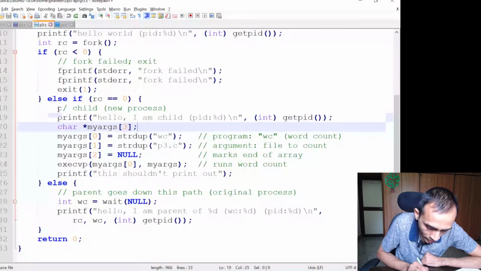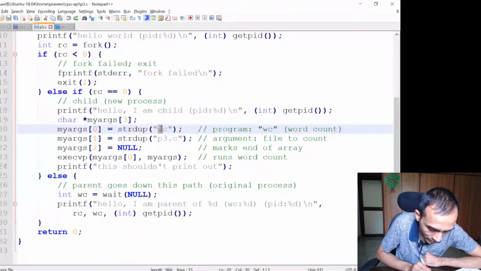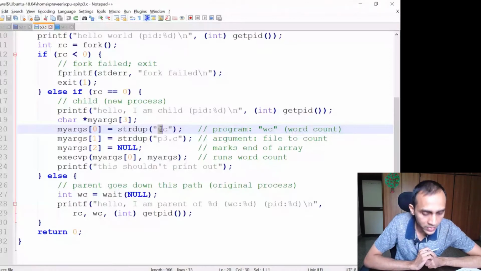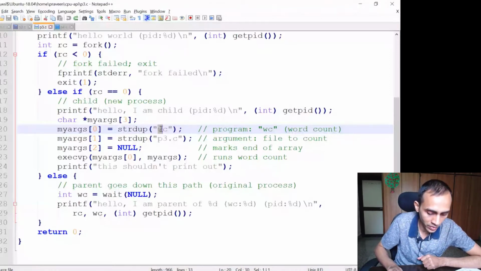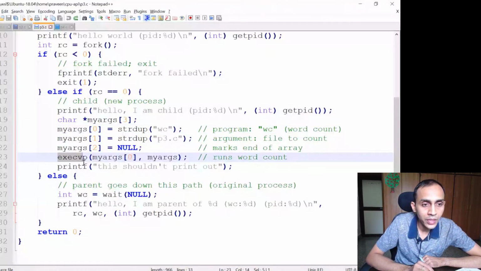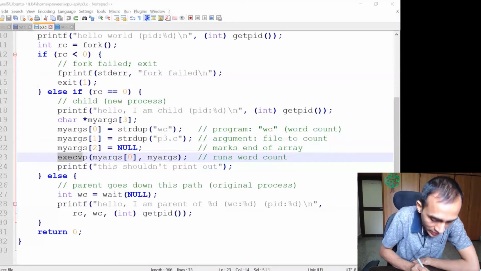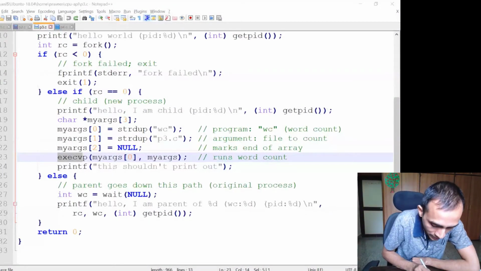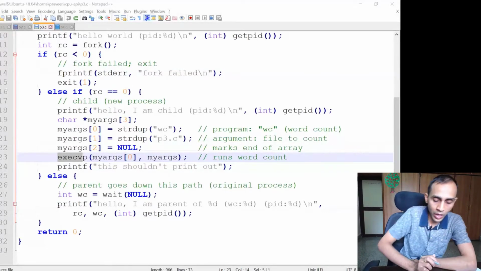As I said, there are multiple variants of this exec system call. The one we are using is execvp. If you read the man pages, you will find at least 6 different variants with different arguments and slightly different functionalities. The first argument is the executable path, the program that you want to execute.